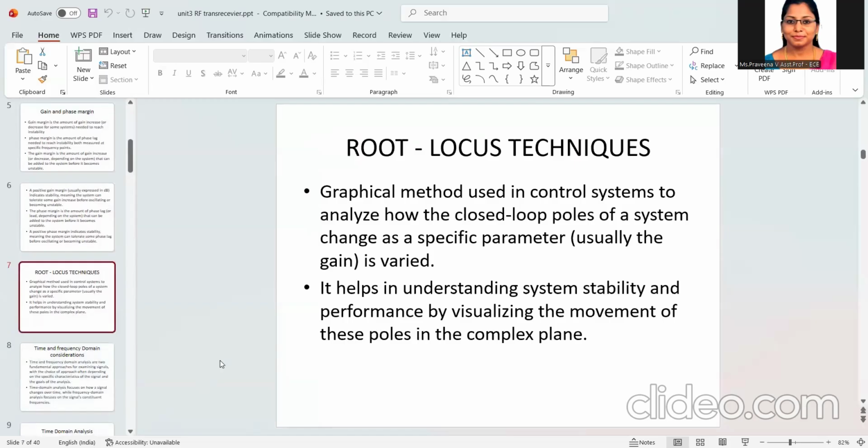Then the root locus technique. The root locus technique is a graphical method. You have already learned it in control system measurement. Root locus is a graphical method used in control systems to show how the closed loop poles move in the complex plane. Usually the gain, that is K, is varied. The purpose is to determine the system stability and to show the effect of changing gain on